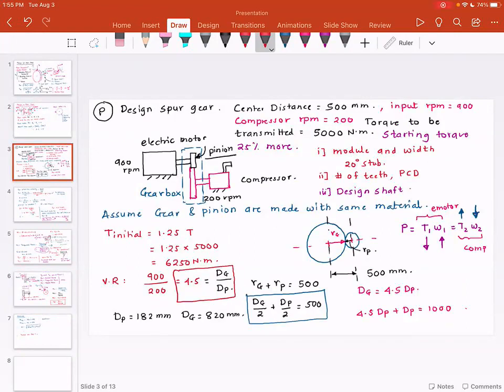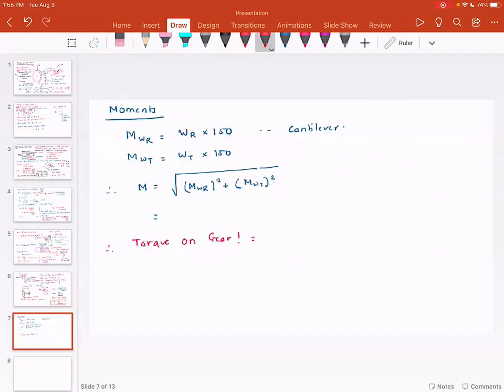So you need to find out the torque on the gear. And I'm going to call this T. T equivalent is equal to square root of M resultant squared plus T squared. That gives you the value of torque, and that has to be equated to the equation